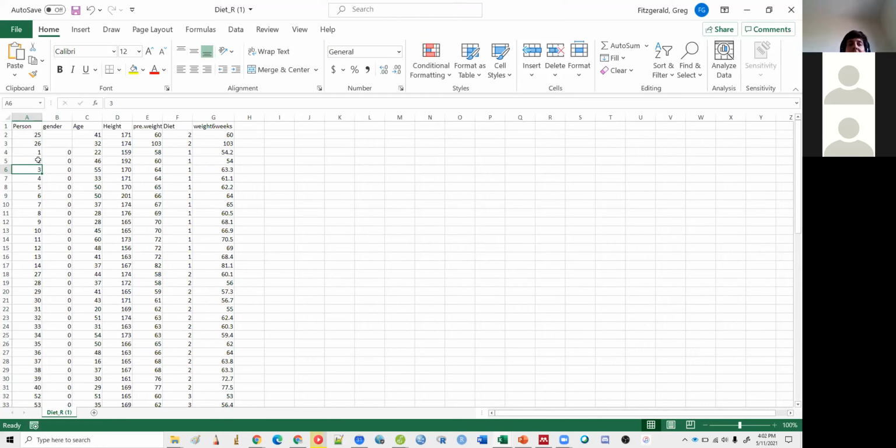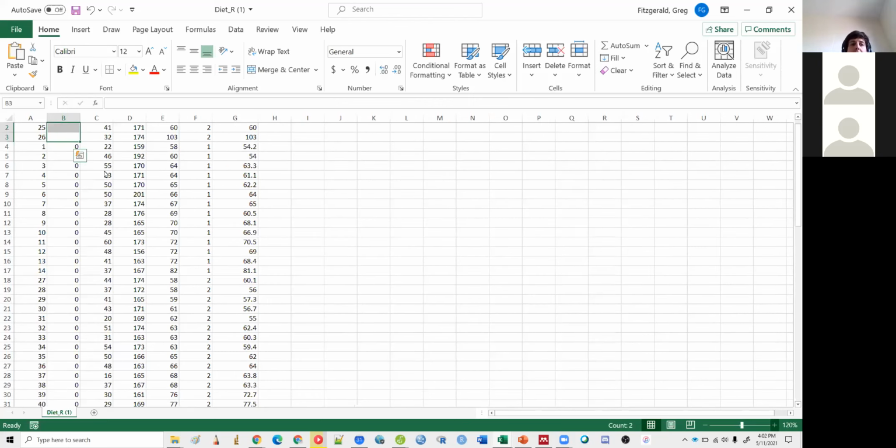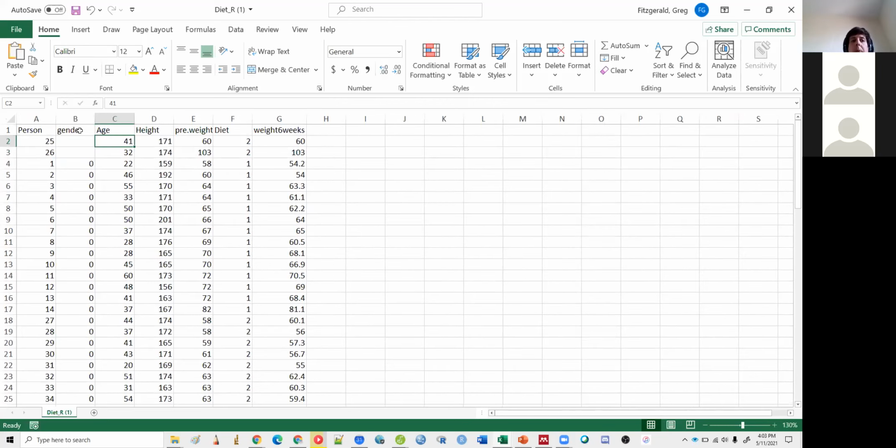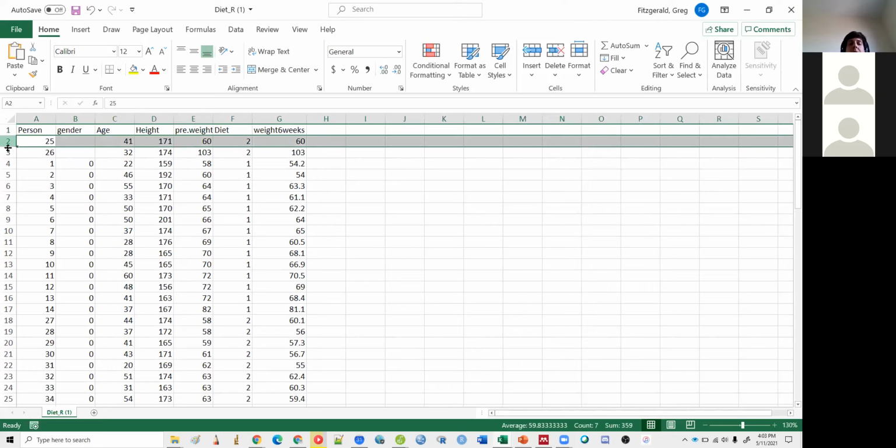And this is actually fairly common. So what you see here is something that I've mentioned before, but I don't think I've ever pointed out in the context of an example. Notice how for subjects 25 and 26, sorry, I should zoom in. For subjects 25 and 26, they don't have any gender information in the gender column. And what we called these were missing cases. So missing cases refer to cases, so lines or rows in a spreadsheet, where one or more,